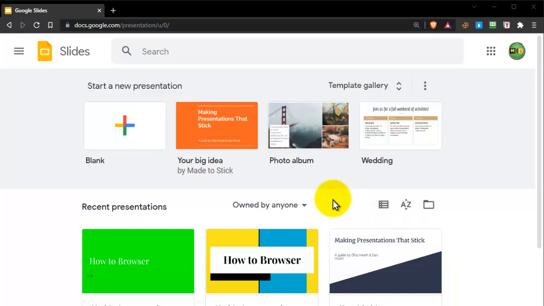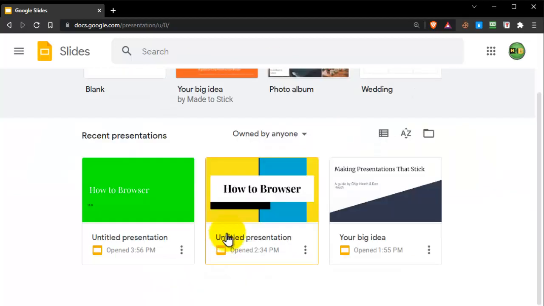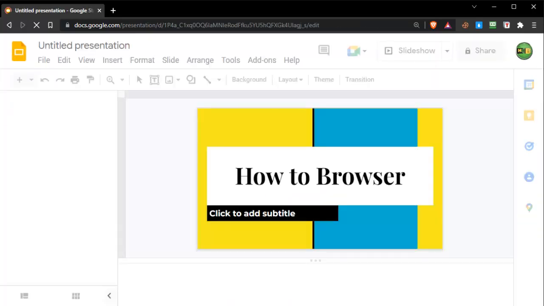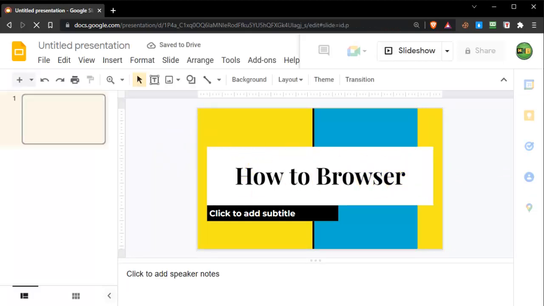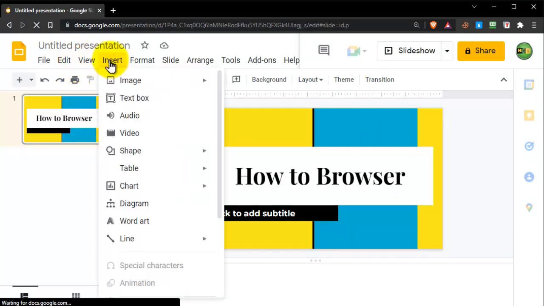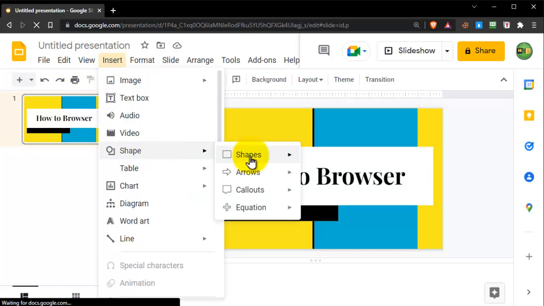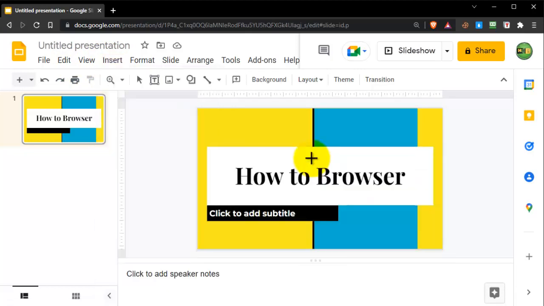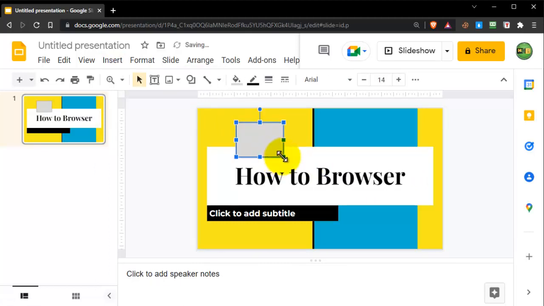The first step is to start a new presentation or reopen an existing one. I'll reopen an existing presentation. And now what you want to do is to go to insert, and here we have shapes. So insert a shape,